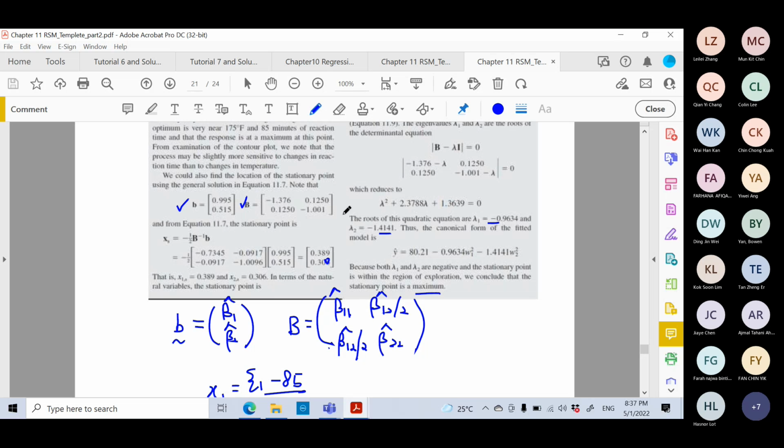Then I will give you the tutorial question, because under this chapter the tutorial question will not be very long. The important thing is you know how to find the center, all this CCD, and then how to find the method of steepest ascent and the method of steepest descent. Okay, so this one is for the lecture class today. In fact, in your tutorial,